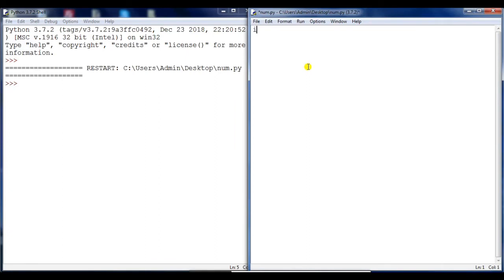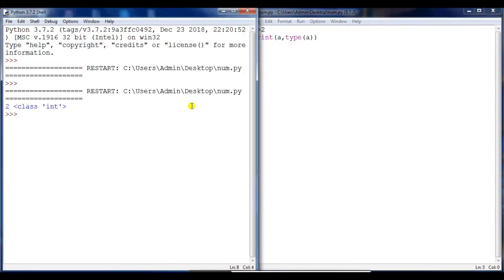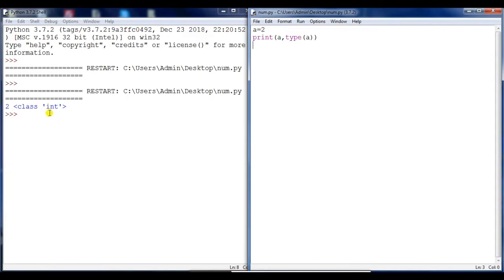So let's say we have a number, let's say a equals 2, and if you check the type of this variable, then here you can see the value of a is 2 and the class is int, and this we have already covered in the previous tutorial. And b, let's say b is my float value. You can check the type of b as well,